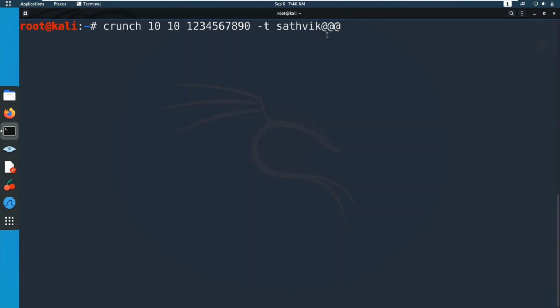The reason why I specified the at sign is that it acts like an escaping character here. All these characters get included within these at signs only. So I'll show you. I'm going to save this word list as satvik.txt. Let me hit enter.